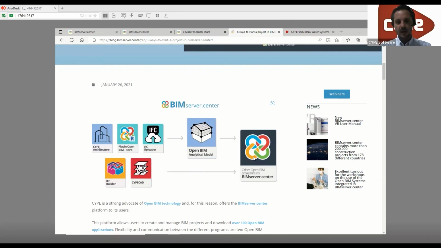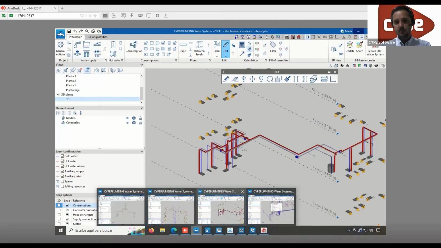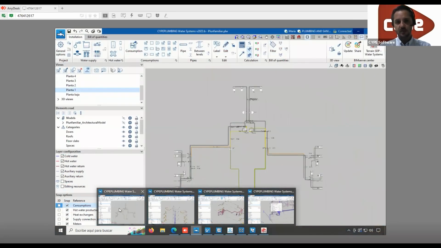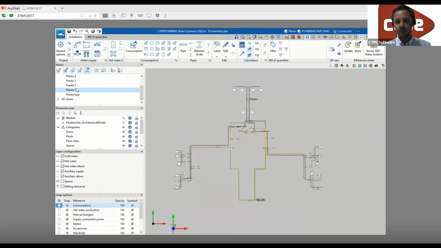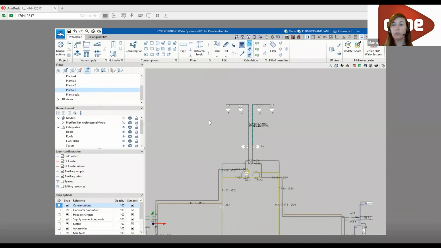Okay, perfect. So another question that I have here is, if you change something in the model, do I have to start over again? This is the idea. If you are working in one and you have to do some changes, do you have to change it by hand? I think we've already answered that question, right? Yes, of course not. If the change is in the architecture, you just have to use the update button, and then the program will read